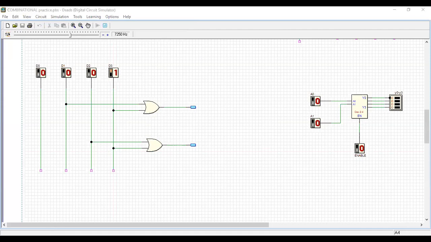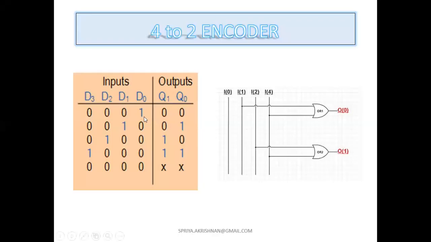So the truth table is satisfied here. What is the truth table? D naught is 1, both outputs are 0, 0. D1 is 1, Q1 is 0 and Q naught is 1. D2 is 1, Q1 is 1 and Q naught is 0. D3 is 1, both are 1, 1. So we got that, yes.